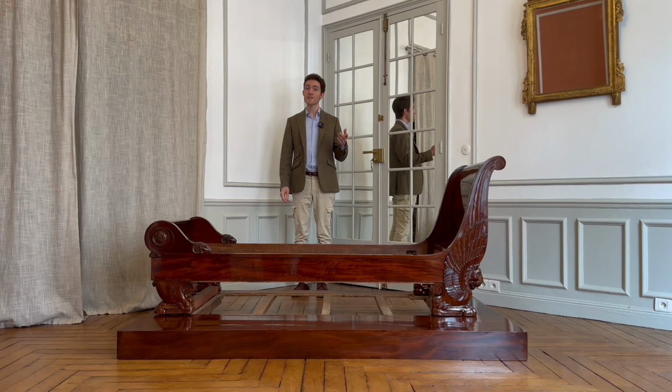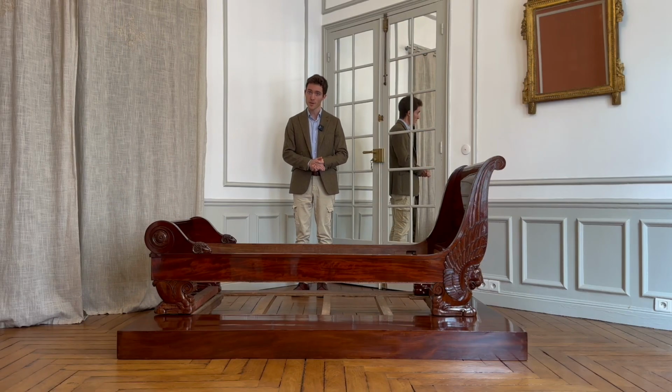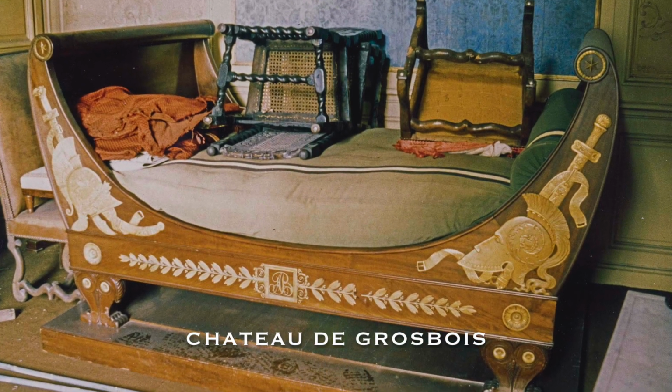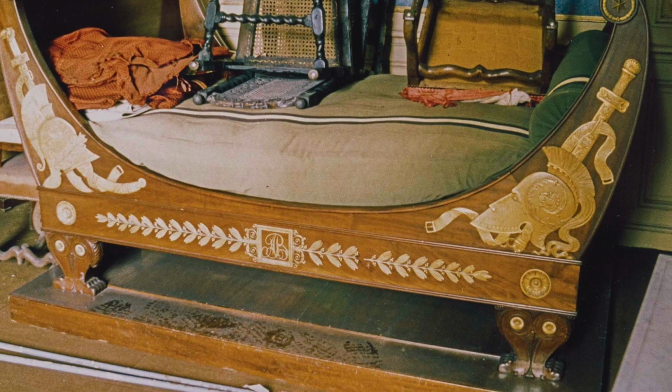So, moving on, these beds are exponentially rarer and they are distinguished from the typical boat bed of the period, such as this one. It's a rather exceptional one, but nevertheless very much different than the one we have here, which was also made by Pierre-Antoine Bellangé for the Maréchal Berthier, now conserved and displayed in the Château de Grosbois. We also notice in this photo that this bed does have a platform which was finished, interestingly, underneath where the fabric skirt would have gone, but we also see the rail between the front feet where the fabric skirt would